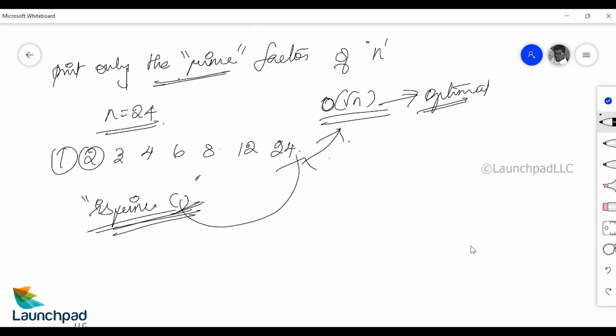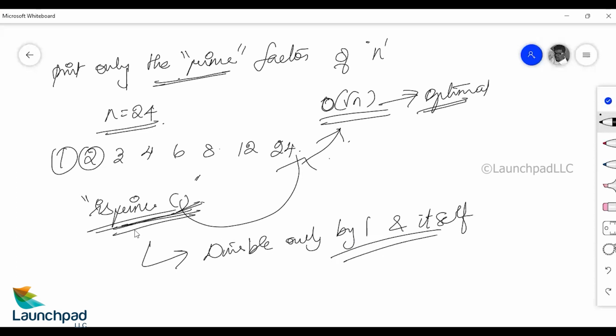Now the basic definition of prime numbers is that prime numbers are numbers which are divisible only by 1 and itself. If any other number divides the given number, then that is not considered to be prime. So for the same, I can use the same loop which we did earlier to spot the factors. Let us get going.